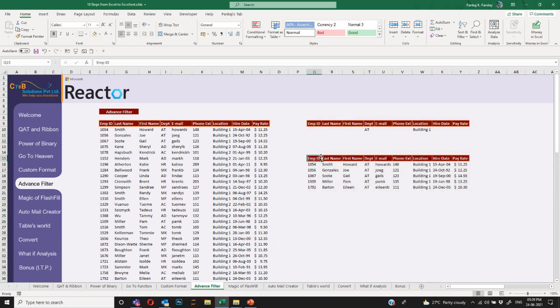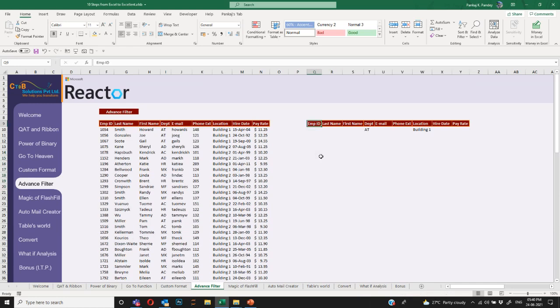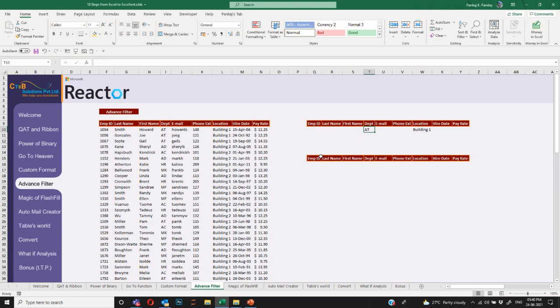And one last thing: as it is about advanced filtering, it does not only apply filter to rows, it can also apply filter to columns. That's something a lot of people are not aware of. So for example, I'm just going to delete this data. I'll say I don't need the entire data. What I need, and I'll also change the criteria here,